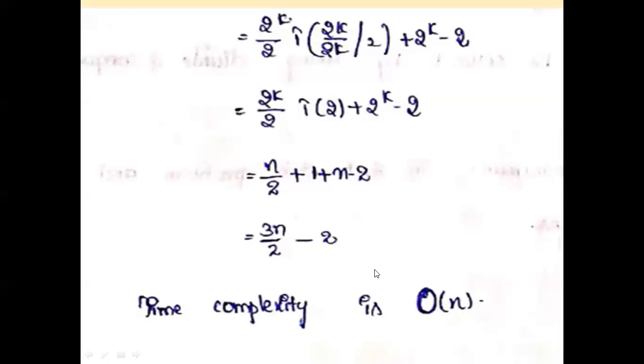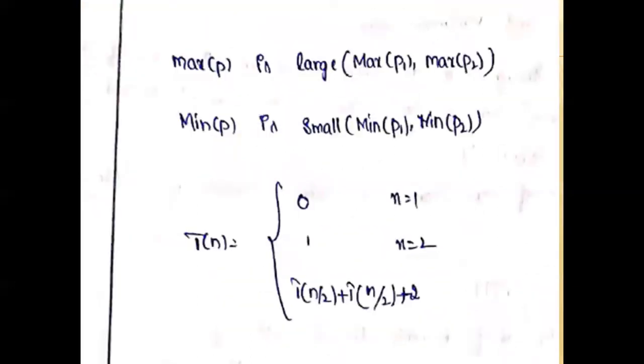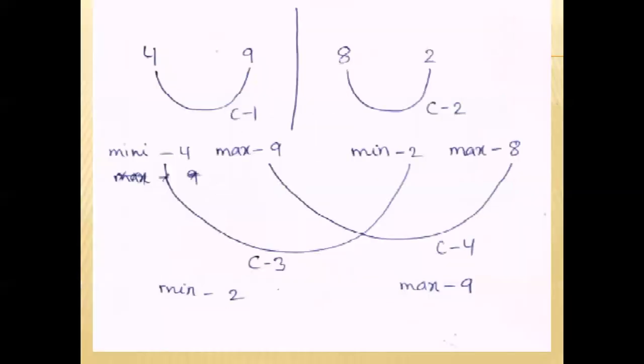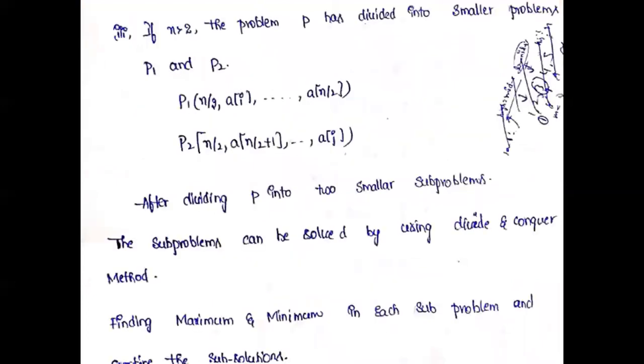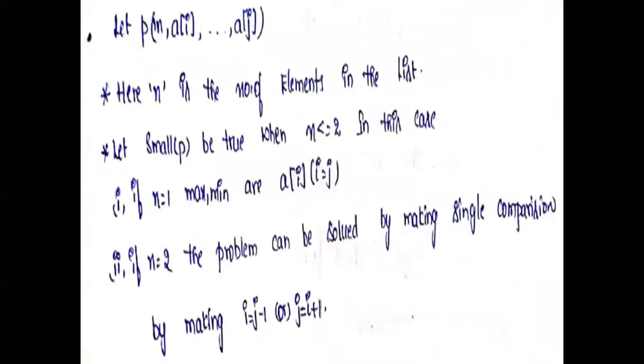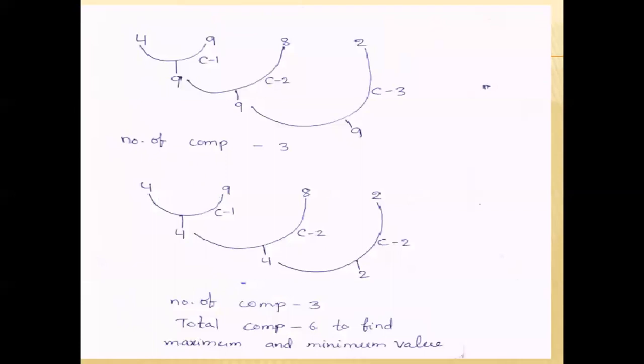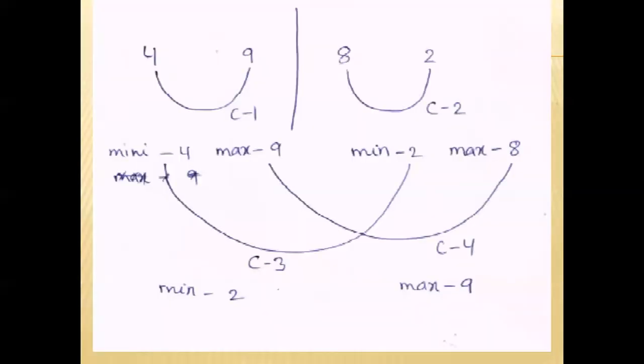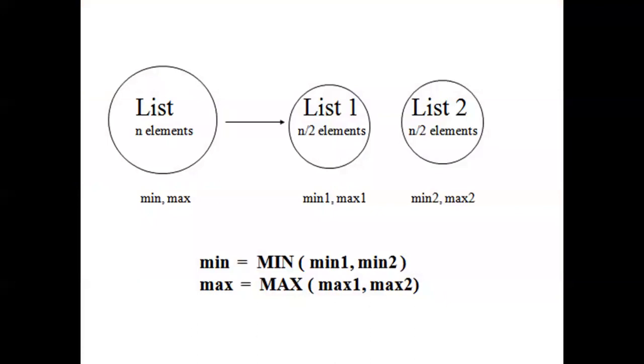So, to find the maximum and minimum values using divide and conquer, the problem is divided into subproblems: when the array has more than two elements, it is divided into two subarrays. Tomorrow we will discuss the defective chessboard, how to solve the defective chessboard problem using divide and conquer.